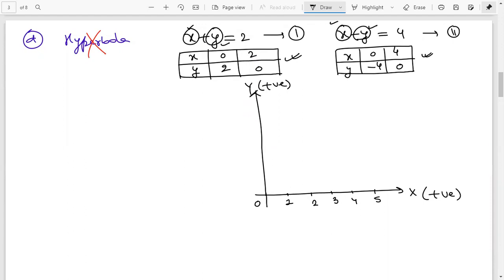So first we'll take positive values. Equal gap 1. Equal gap with respect to the x-axis. So this is 1. So this is also equal to 1. Means the length should match: 2, 3, 4, 5. Up to 5 is sufficient.